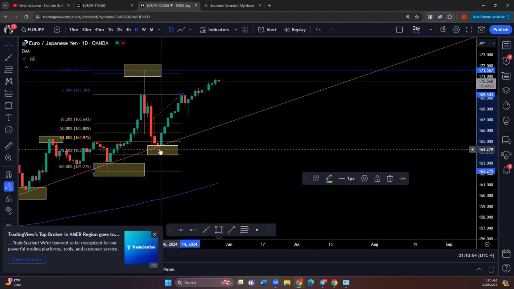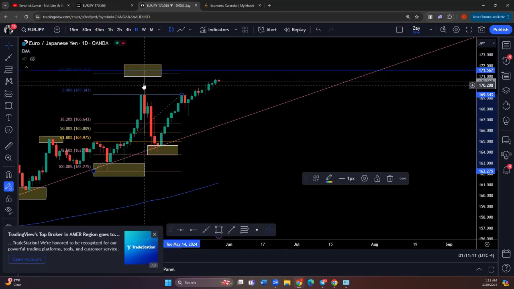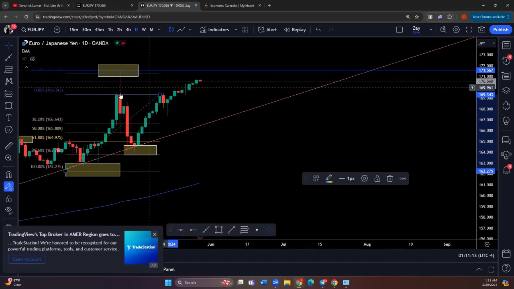But if it's a huge wick, like I'm talking about 40, 50 pips type of wick, do not use it, because you cannot use technicals. You cannot use technical analysis on news, right? So pretty much what he's saying is you can't use technical analysis for fundamental. This is nothing but a lot of emotions.